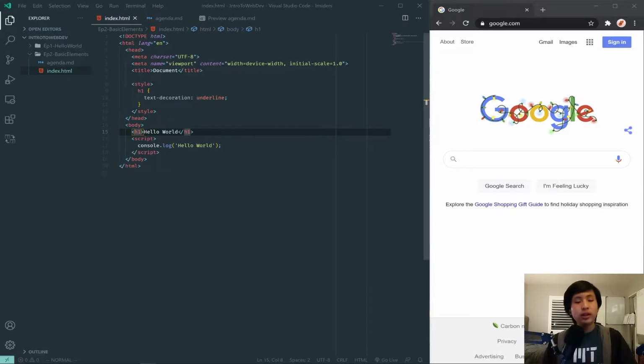Tags have three main components. Again, the name of the tag goes in between these two angle brackets, and then the angle brackets themselves are a component of tags. There's always an opening one, which is just regular angle brackets surrounding a word, and then the closing one, which has a slash before the word itself. So H1 opens the H1 tag, and then slash H1 closes the H1 tag, and then everything contained inside is the whole tag itself. Now everything inside the two tags right here is called the inner content of the tag,